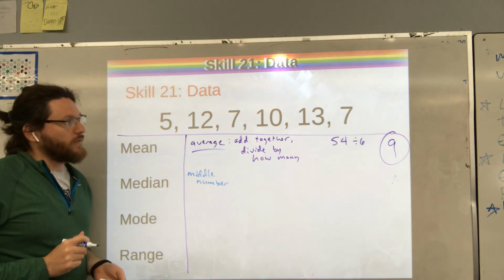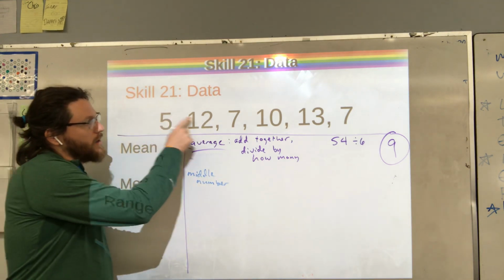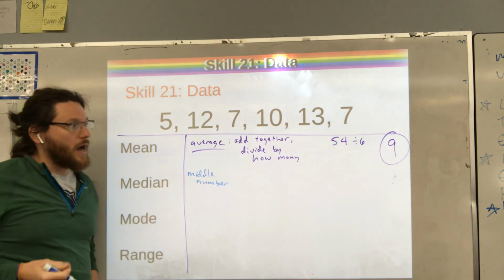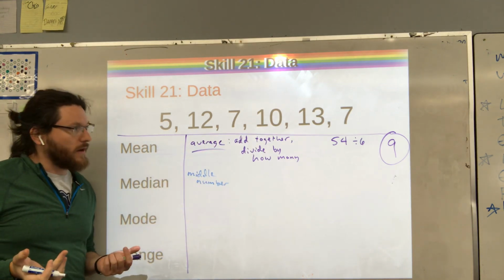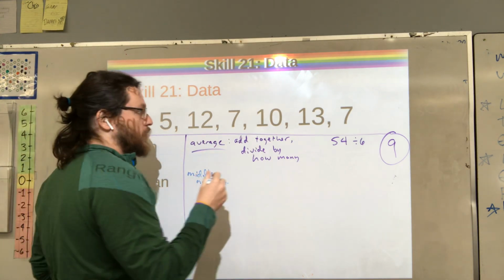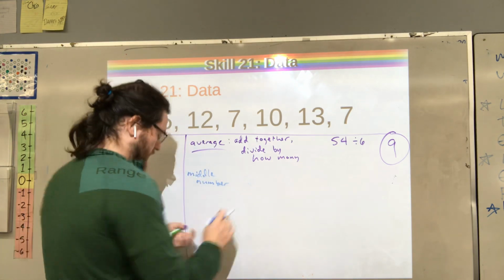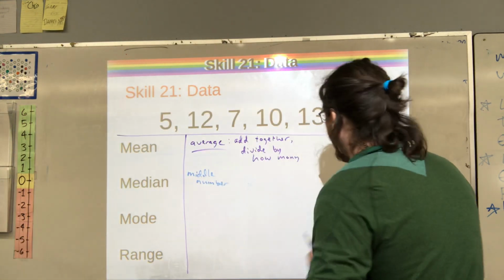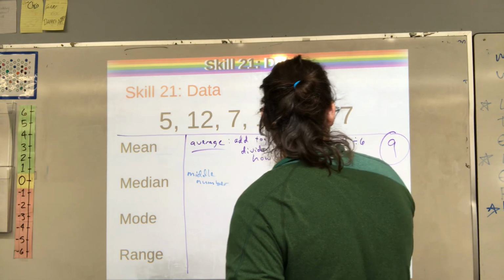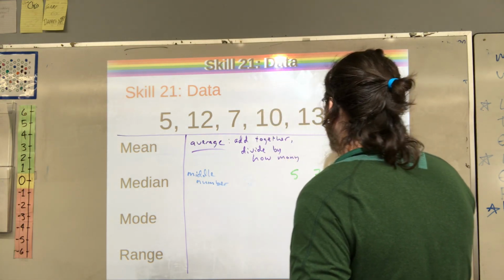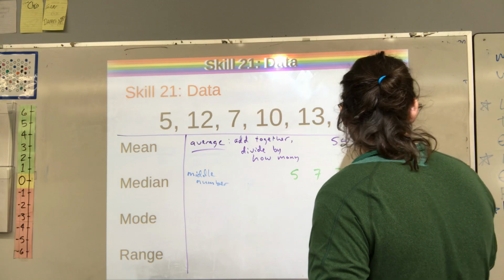Okay, so if I look up at the numbers that I've got, 1, 2, 3, 4, 5, 6, I have to find the middle of that group of numbers. So the way I like to do these is to put them in order. So the smallest number is 5. And let's do this over here. We've got 5, 7, 7, 10, 12,